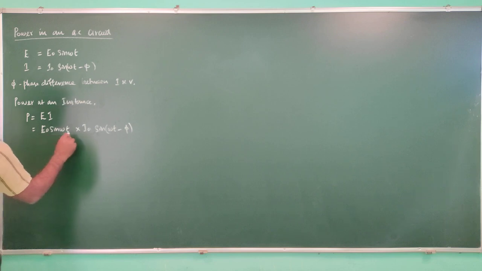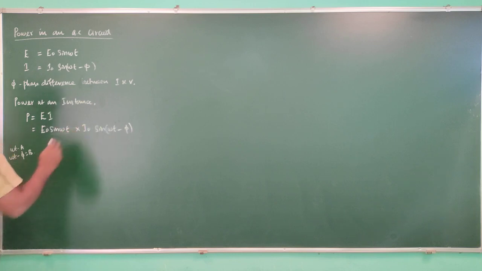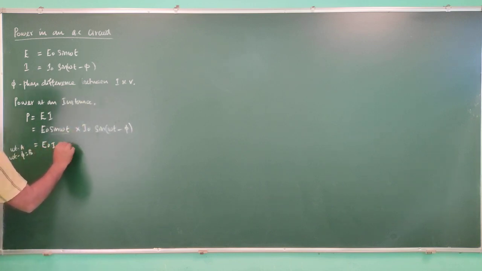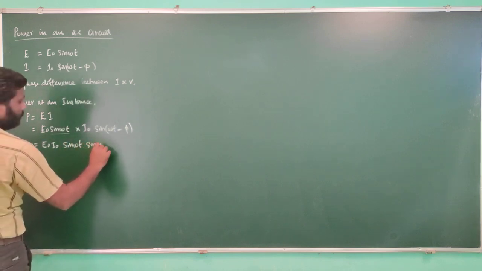Let us say omega t equal to A and omega t minus pi equal to B, so that you can rewrite this as E naught I naught sin omega t